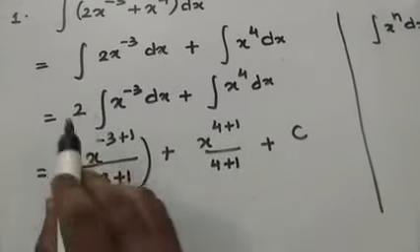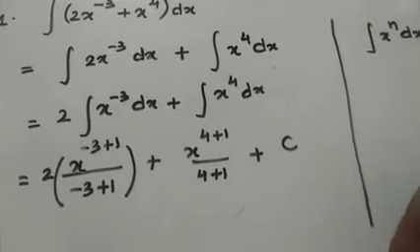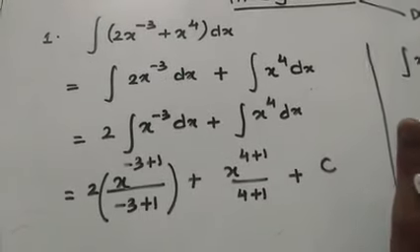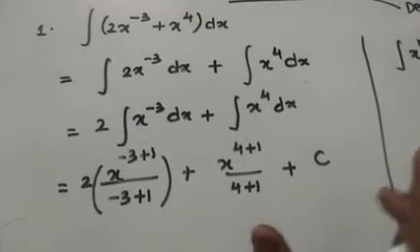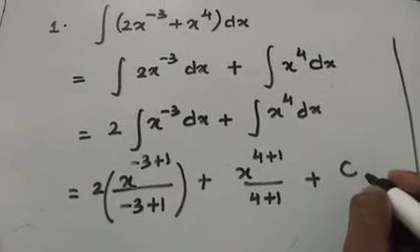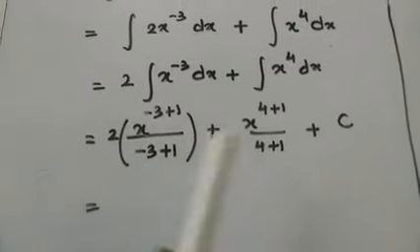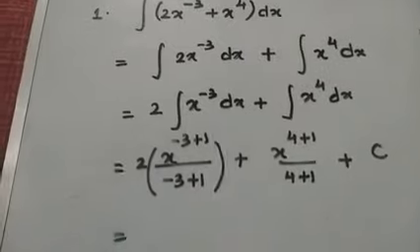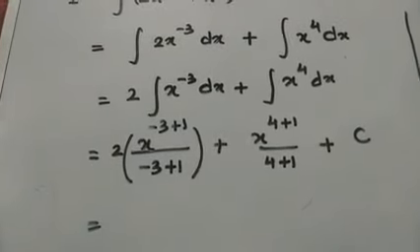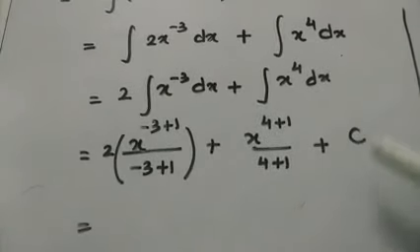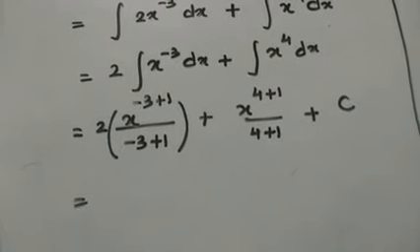Now you will think that there are two integrations, so you can write c two times, like c plus c. No need for that. Just remember that after solving the integration question, you write plus c at the end. Whenever your integration terms are removed and you have used their respective formulas in that step, write plus c, and keep writing plus c in each and every step till the answer comes.